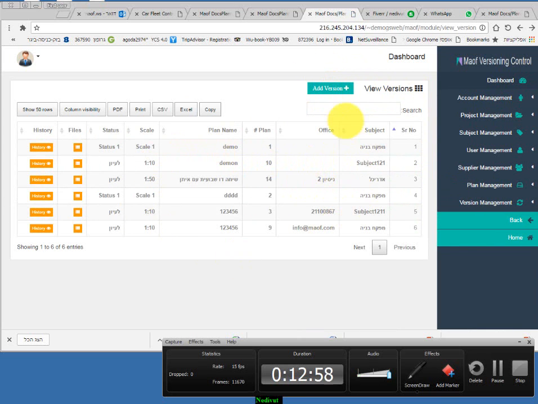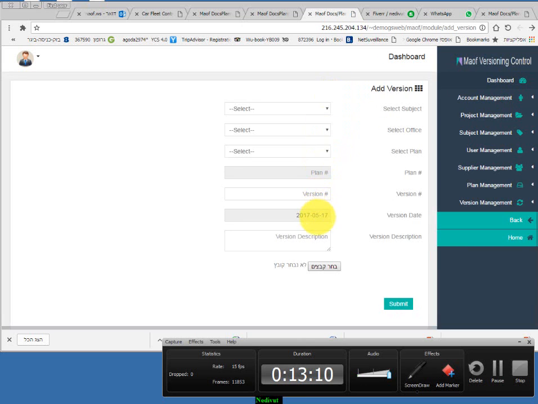This is nice. Add version. Now here again, she would like to have the ability to press here on a file and to add a version. Okay. And I think that this is all for now. Please take care of this stuff, and then we will start the last phase of